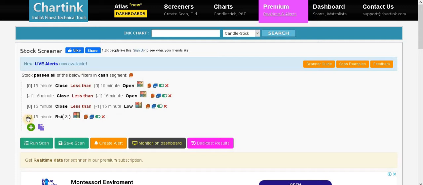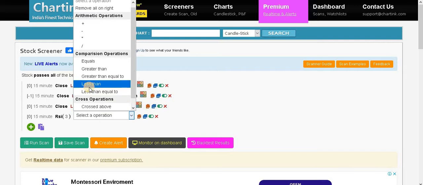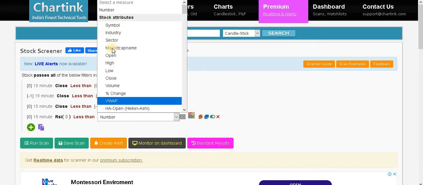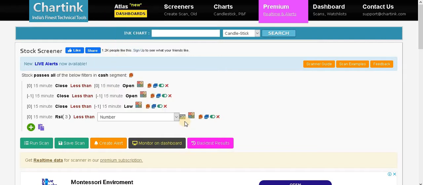Let it be 0 in 15 minutes. After that comes RSI, and the value will be 3. After that select less than, and on the number side it will be number, and this will be as usual 20. So we are set with the fourth one.